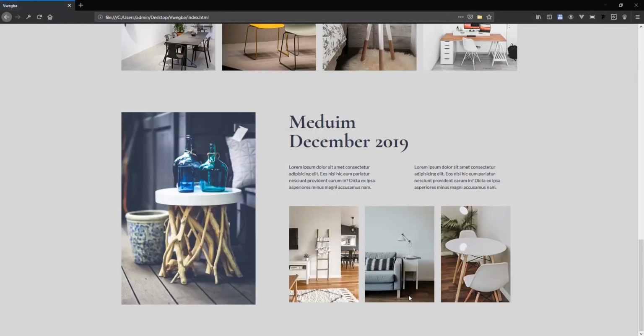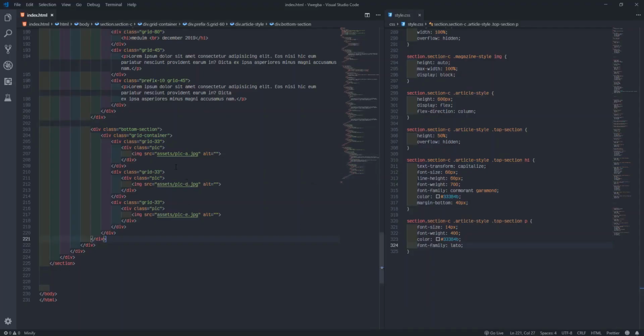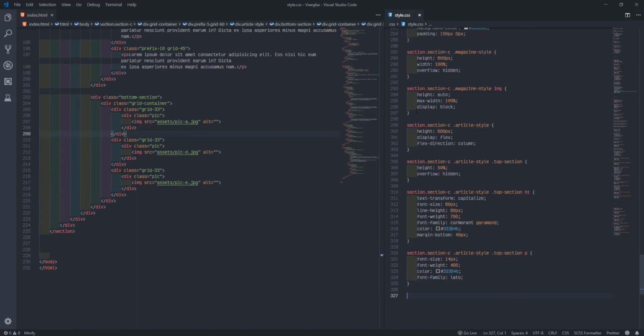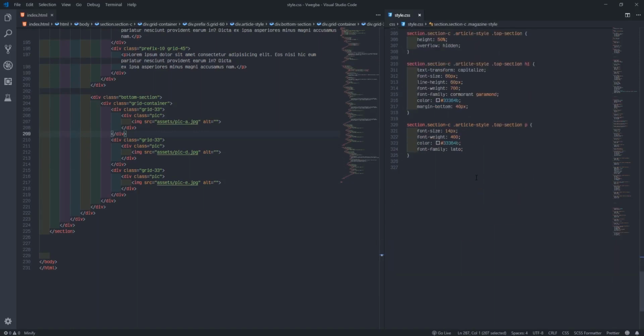Alright, you see we don't get them. Just like that, we don't get them. But I might not even like that. I just come and just do some kind of small style for the picture. I always do them, it's a very, very good thing. I'll duplicate. No need to duplicate. I'll come and just say bottom section, then dot pick.